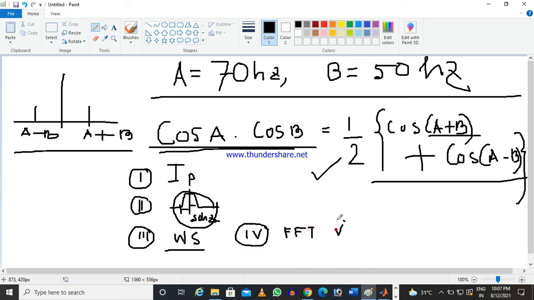After the FFT, I will find these two sidebands. One will be A plus B and the other will be A minus B. If I get these, then if I add the two and divide by 2, I will get my fault frequency. So this is the only thing I am going to do.